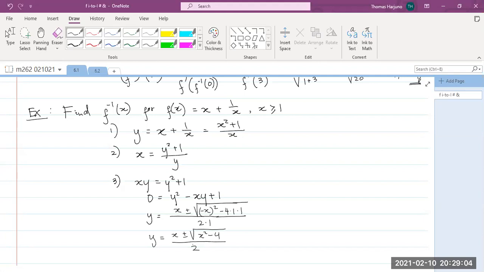Is it okay so far? Am I missing something here? So a in the quadratic formula, you just have it as 1, right? Yeah, because it's 1y squared minus xy plus 1. Okay, now then,